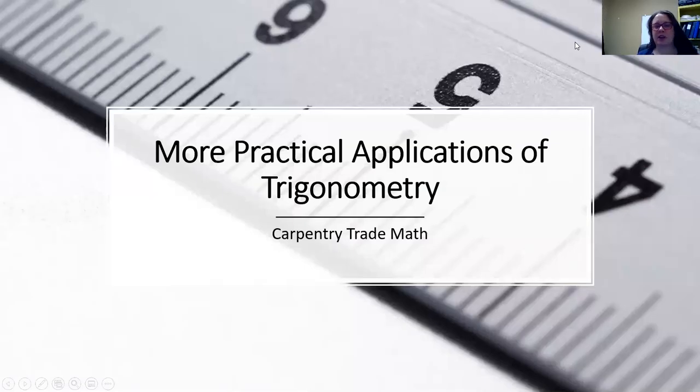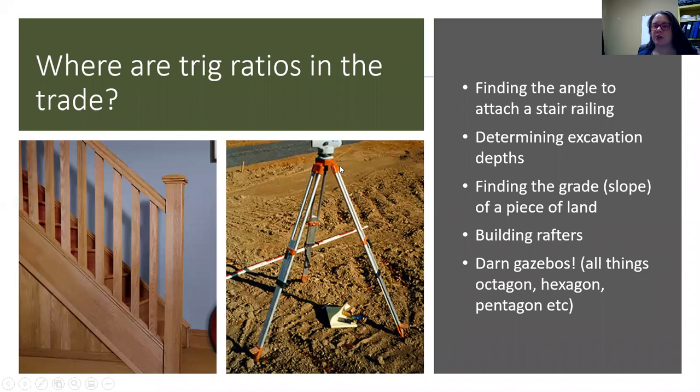So I want to take one final lesson and do a few more practical applications of trigonometry. In the last lesson, we looked primarily at surveying or excavating type scenarios, figuring out slopes, those kinds of things that you would need to know trig for. In this lesson, I want to look at some buildings, stair railings, building rafters, and I'll do one gazebo question